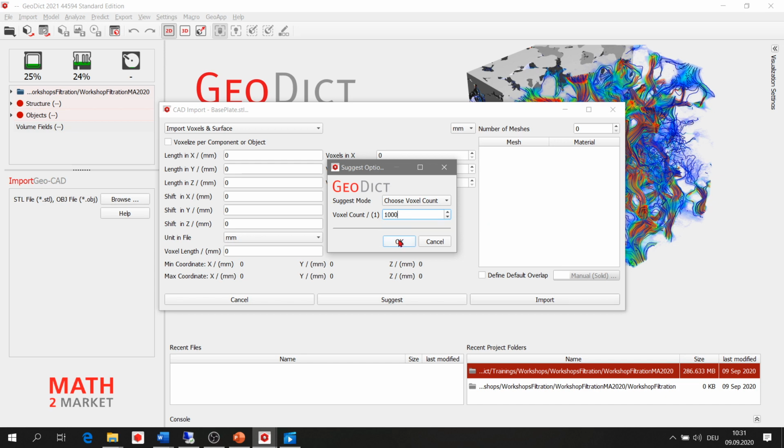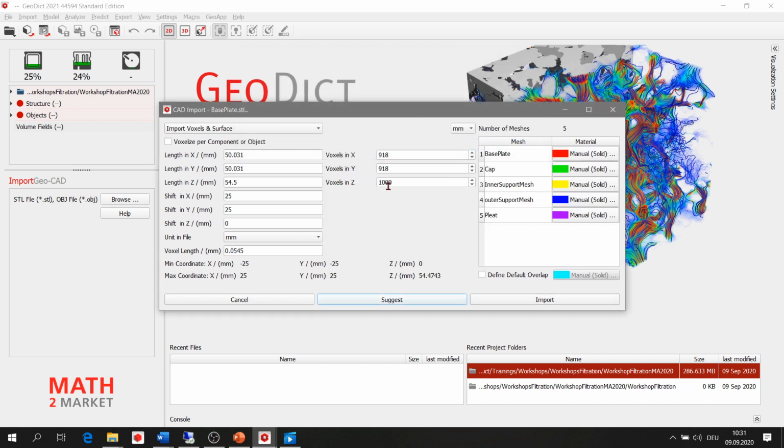If we say okay, for the other two axes, x and y, the number of voxels will be selected based on this maximum number in z direction in this case. So this is the number of voxels that we choose along the longest axis. As you can see, based on this number of voxels, the voxel length will also be selected. You see here these 5 different parts, and then we can theoretically click on import.